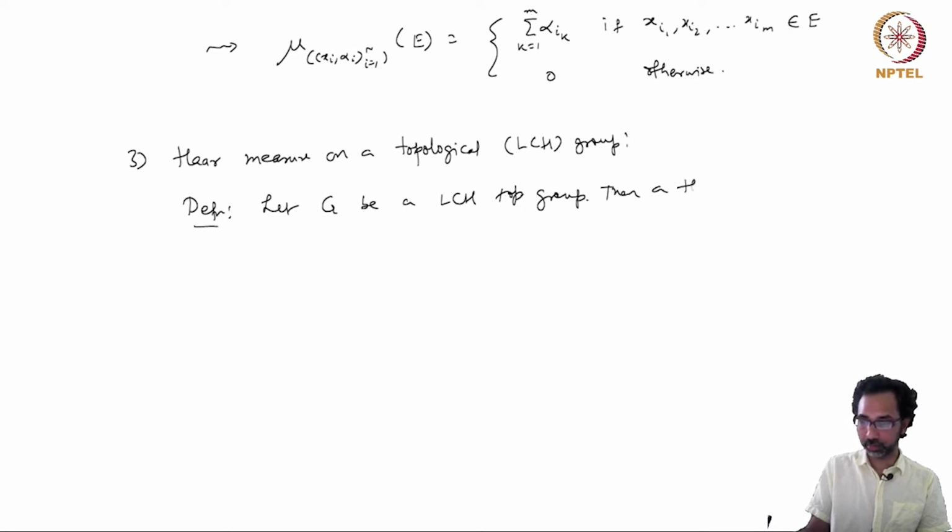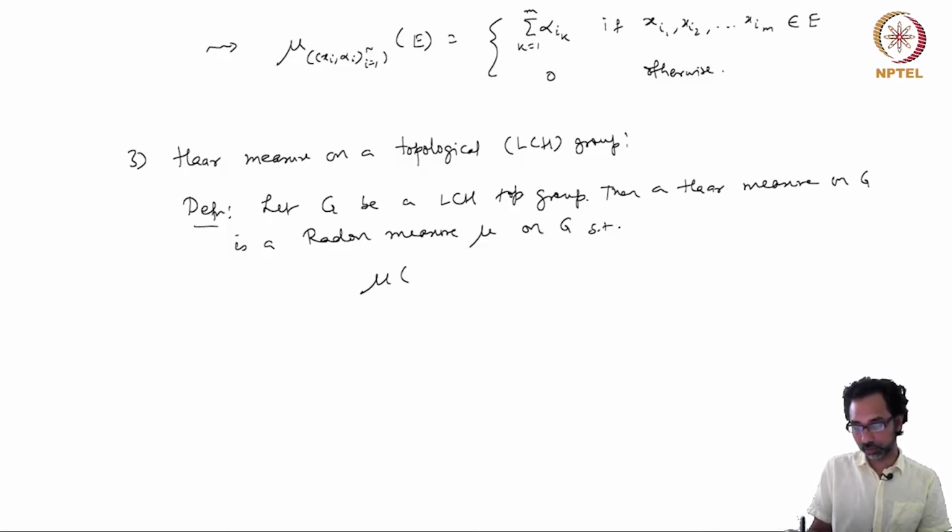Then a Haar measure on G is a Radon measure on G, let me denote it by μ, such that